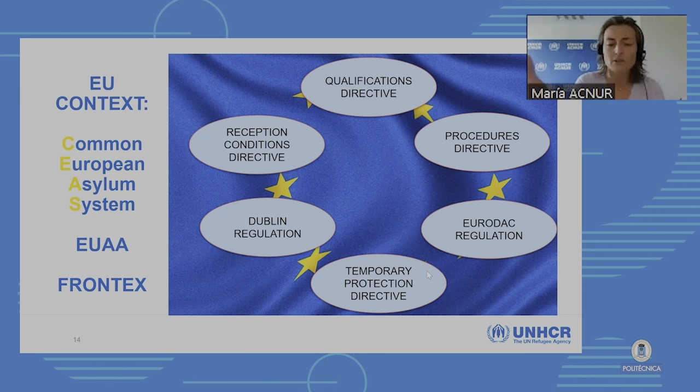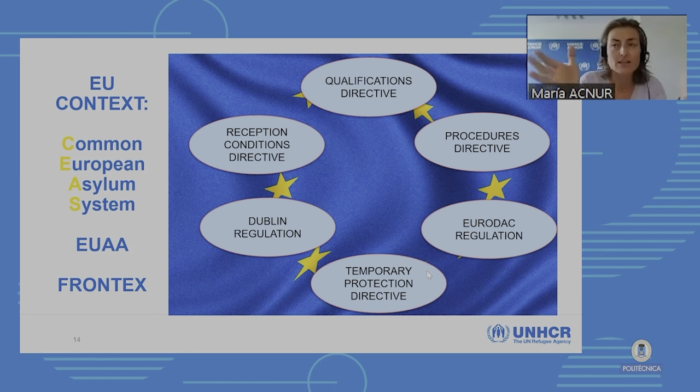And then to complete all this, we have two regulations. What I call the Dublin regulation, that's not its official name, but it's called Dublin regulation because the origin of it is actually the Dublin. It wasn't a treaty, the Dublin Treaty, which then became an EU regulation. And it's called the Dublin III regulation because we have had already 3 Dublin regulations.